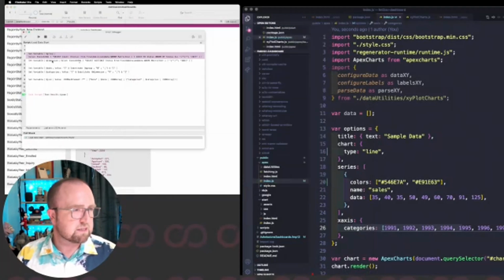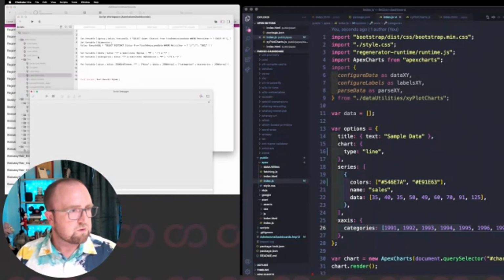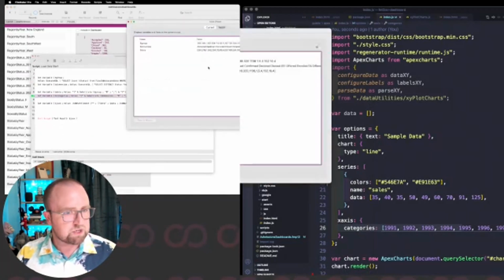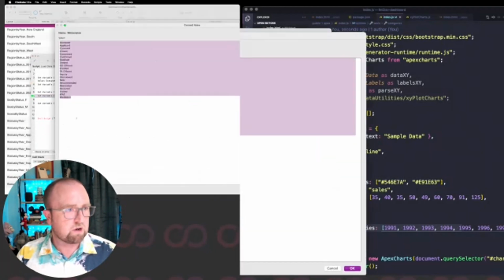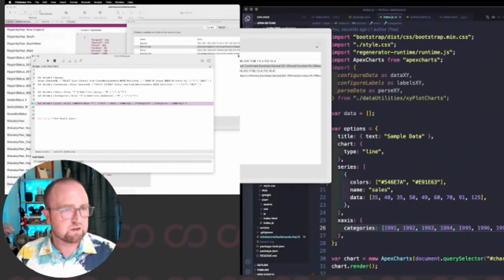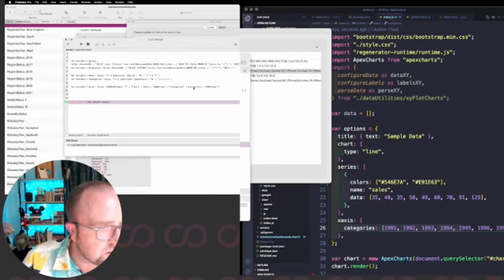Let's see, dimension, select status. Maybe did I do something wrong? Let's try that again. Categories, the dimension is right here. Yep. Okay. So these are all of my statuses. And I need to construct them. Yep. And then I need to put them into an array. Okay. So I got something wrong with my